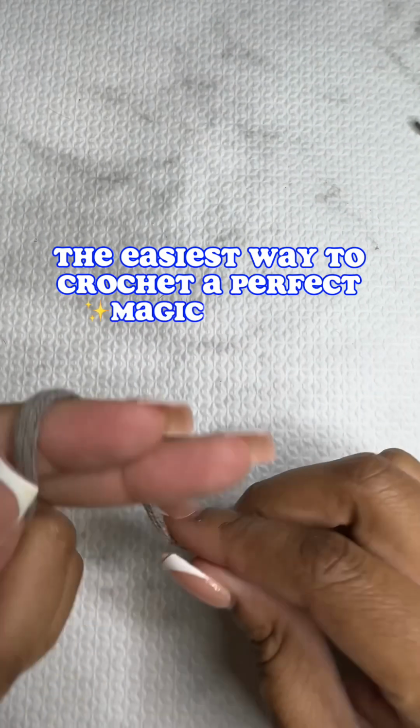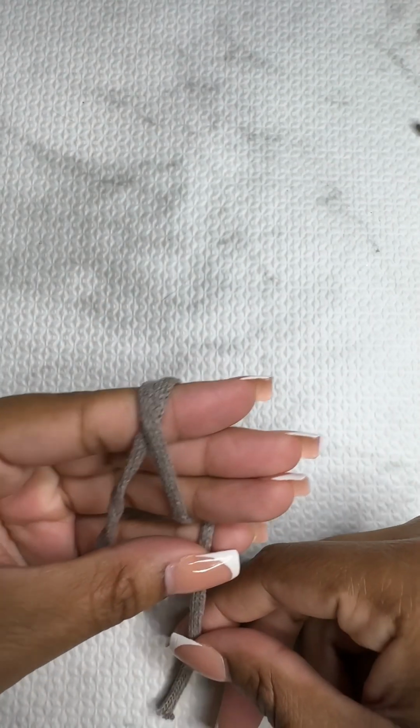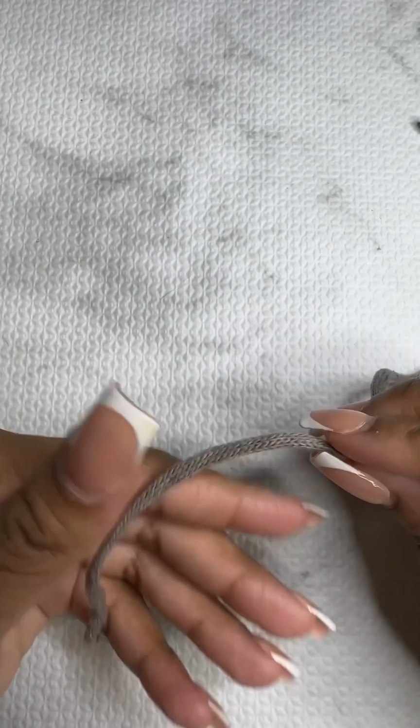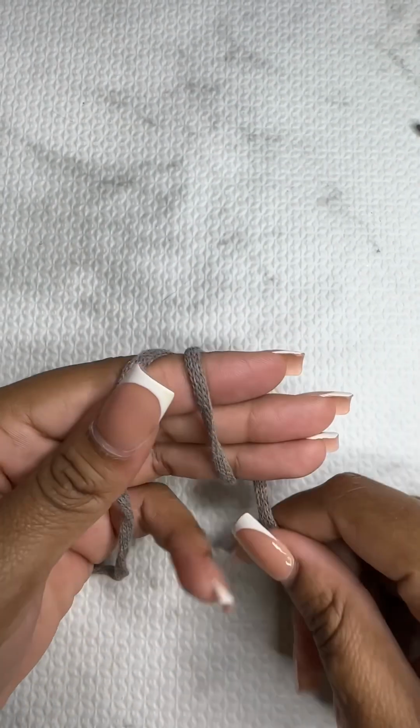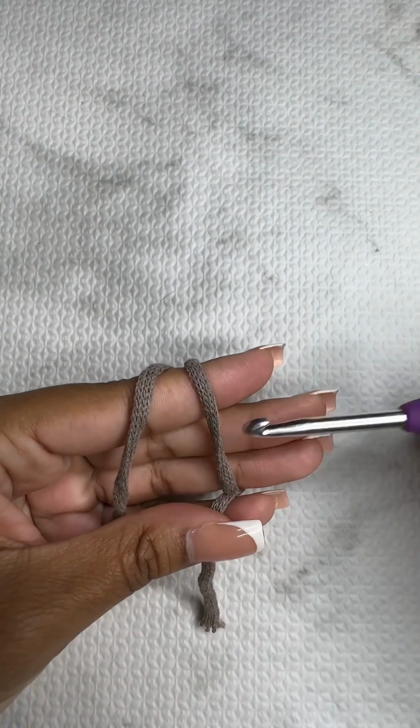To begin your magic circle, you're going to get your yarn. I have cotton yarn today, and I'm going to be wrapping it around 3 of my fingers. I chose 3 because that's just what's easier for me. And I like to bring that extra tail in front of my pinky just to get it out of the way. So you're going to take your hook and place it in and bring the yarn through, and